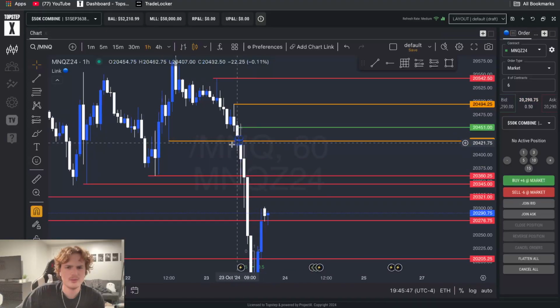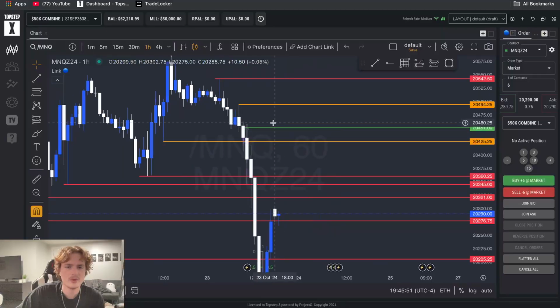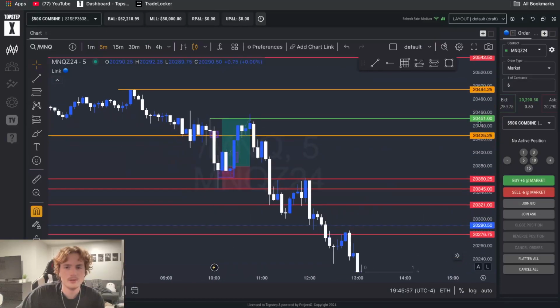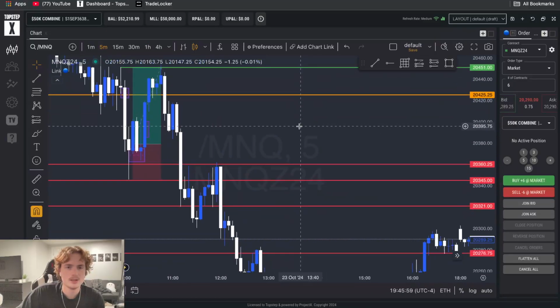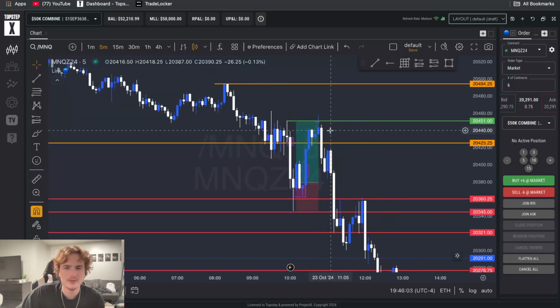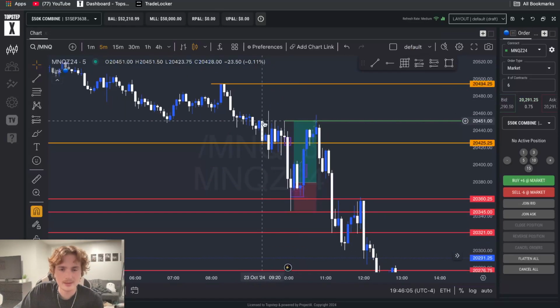Let me get one bigger. So yeah, 1 hour, 1 hour. We're going to scale up the 5 minute here a little bit, and this was the trade I took. So today's price action was absolutely terrible. You can see from right here,